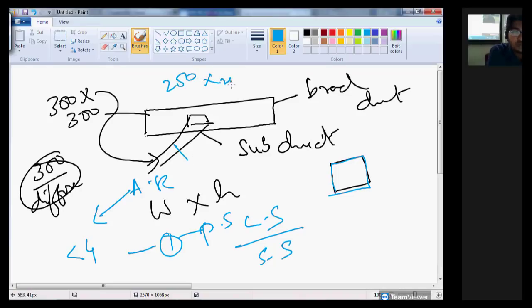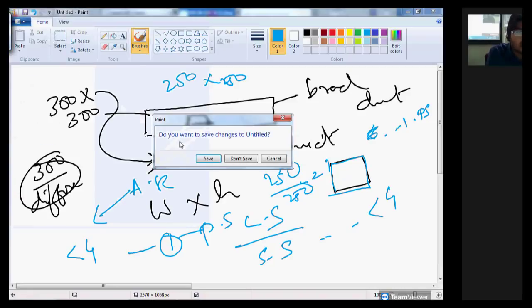अब अगर मैं 250 by 250 maintain किया, aspect ratio would be how much? 1, right? It is going to be long side is 250, short side is 250 equals 1. So this aspect ratio जो 1 बन जा रहा है, if it is very close to 1, it's going to be a perfect square, PS. अगर वो 4 के नीचे रह जाता है, less than 4, it is nothing wrong. It can be 1.5, it can be 2.5, depending upon the two different sizes. Now, keeping this thing in mind,